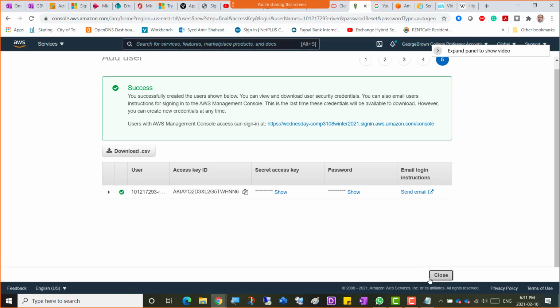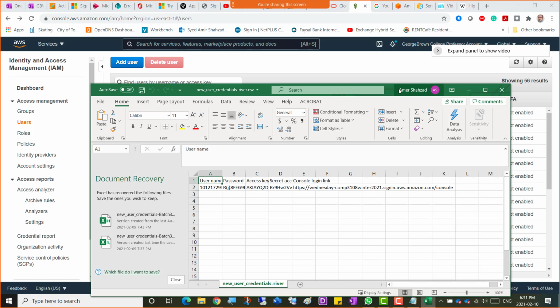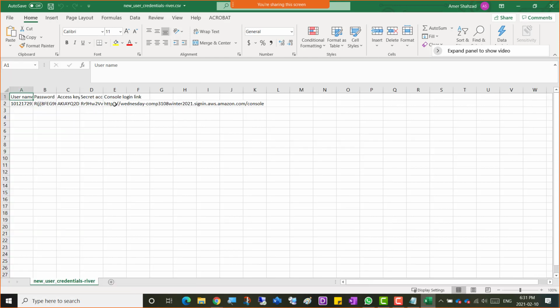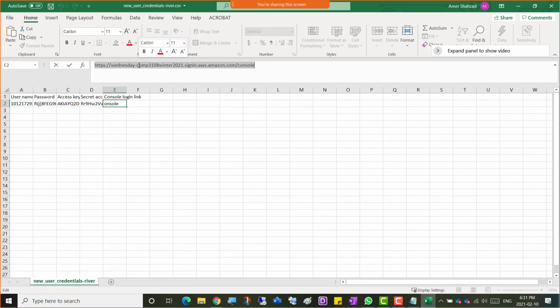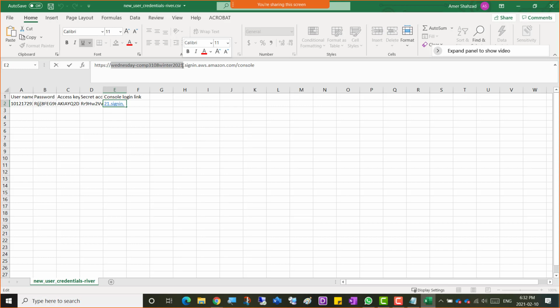So River, what you need to do is close button. So you need to log in. So how would you log in? You can use, so this is the URL. So click on this URL, River, that I'm putting in chat now. And the second thing is, when you go to that URL, it's gonna ask for an account ID. So the account ID is in the URL, starting from W till 2021. So this is the account ID. I'm putting it in chat as well. You can just copy paste from there. This is your account ID, and your username and password is